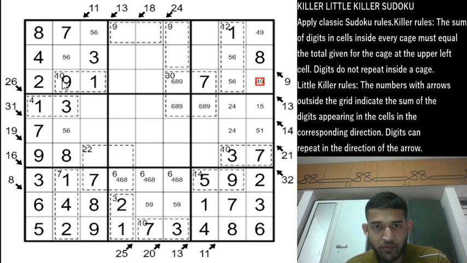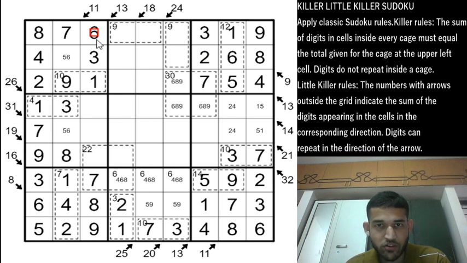We can remove the 9 from here because 9 is placed here in row 3 column 2, so this will be a 4, this will be a 9. Now for the 13 to be satisfied, these two cells will add up to a 9, and if it's a 5, row 1 column 7 will have to be a 4. So this cell has to be a 6, this cell will be a 6, and this will be a 3, this will be a 5, and this cell will be a 2 to finish the box.